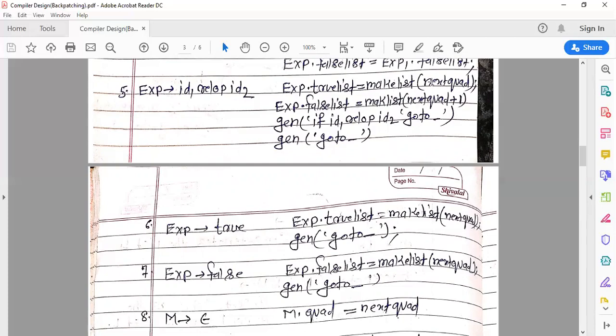So here makelist will create the list 100, and here it will create the list 100 plus 1, and assign it to exp.falselist. So exp.truelist is equal to 100 and exp.falselist is equal to 101. This makelist is the function which creates the list at this node.